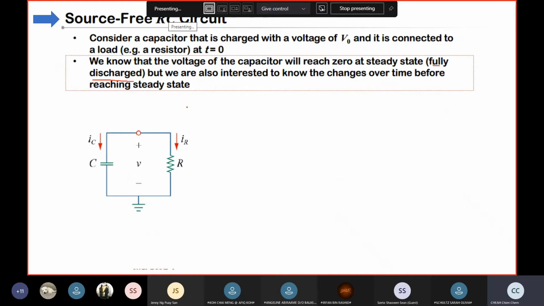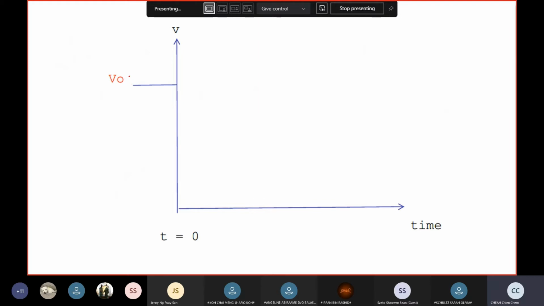When you have charged up your battery, if you start using it, you connect to the load, you start using it. Eventually, of course, the voltage will reach 0, correct? Fully discharged, 0%. So that's easy to understand. Initially, maybe you have a voltage. At steady state, it will be 0